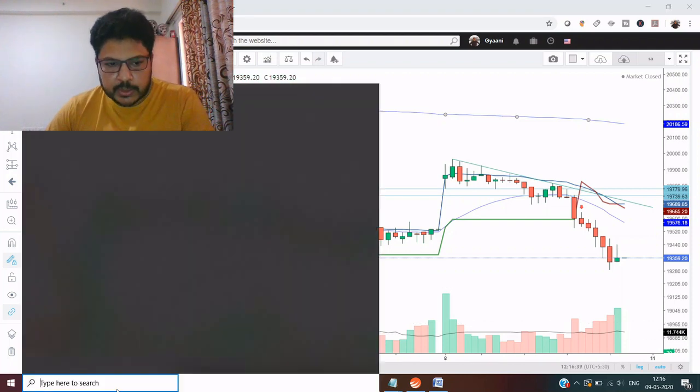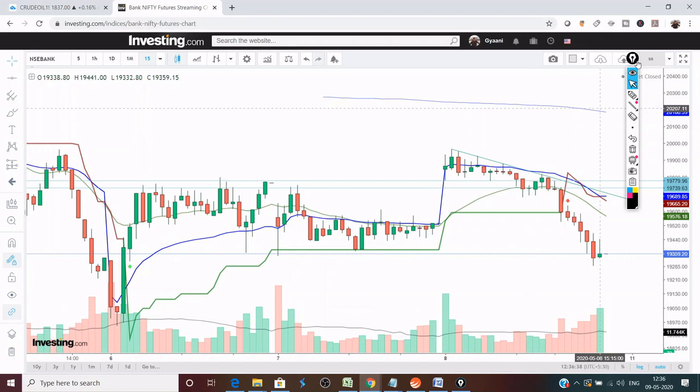Let me open the, okay, so I got my pen tool here. So whenever you see this pattern, the fall is like this and the price has come way away from the 20 period moving average. So this green line is our 20 period moving average, and when you see a pattern like this, this is called a base candle where the body is smaller than the range. So this is your body and your buying will be 1 or 2 points above this, and then your stop loss will be below this.